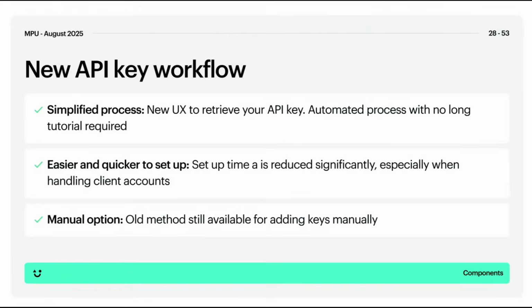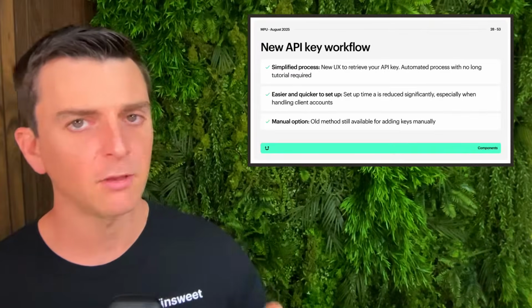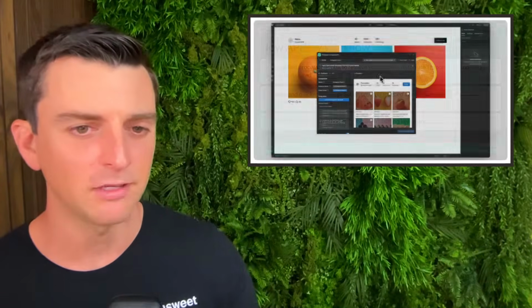It's a new simplified process, totally new UX to go and retrieve that Instagram API key. It's very automated. There's no tutorial required. And really, this makes it easier and quicker to set up. So time is reduced. And especially when handling client accounts, that was kind of our biggest comment that we got from people. So the old method is still available, but let's take a look at how easy this new method